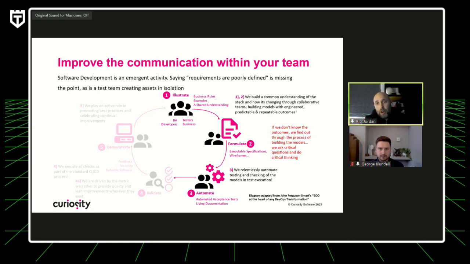Should we expect to have a fully grown set of requirements? Well, of course not, right? And we never will, is the reality. And therefore, what we need to do is put in a process, and things like BDD and the Three Amigos is great for this, to have early conversations. And what we're talking about here is shift left when we're talking about testing, to have early conversations about understanding how the system works, how the system is supposed to be changing, and what's the impact of that, right?